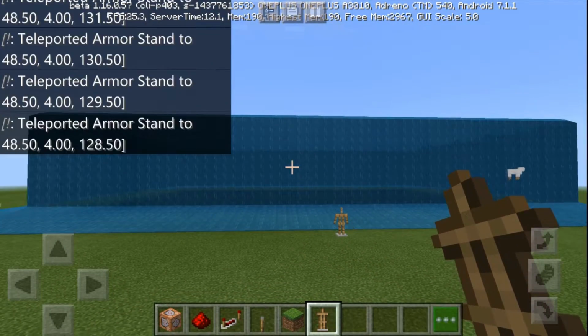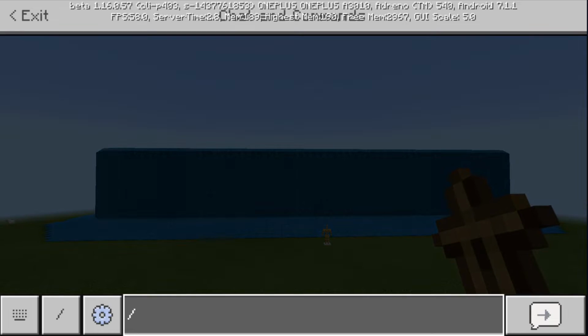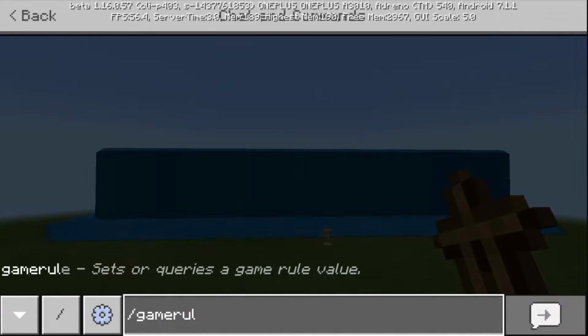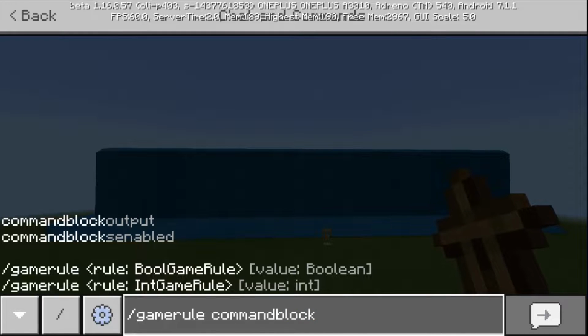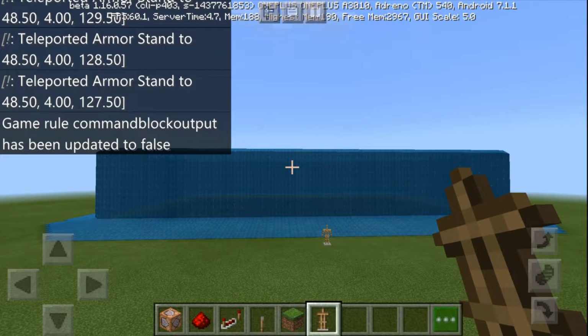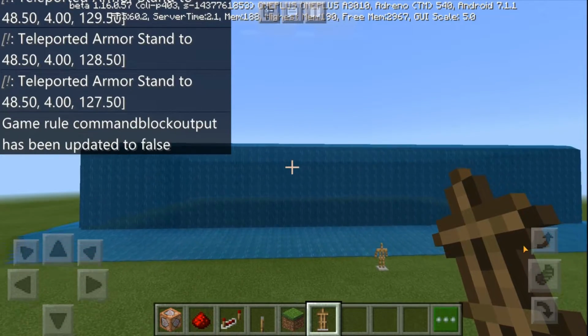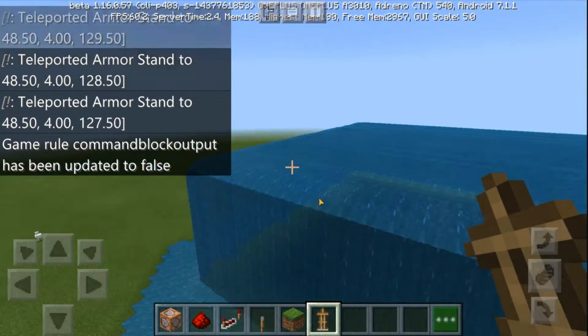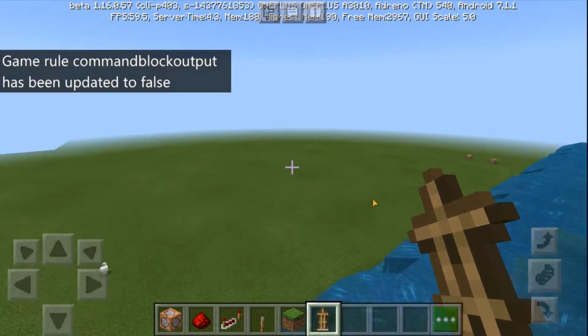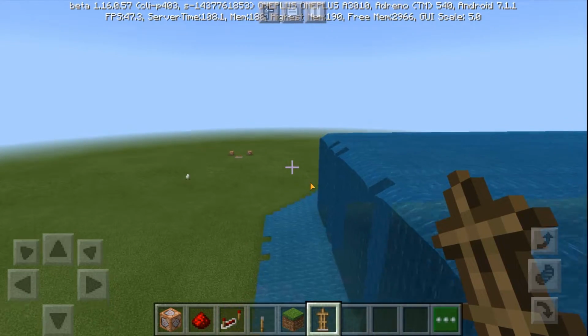Oh, forgot to mention, you actually need to type in this command: gamerule commandblockoutput false. There it is. Okay, yeah, kind of messed it up. Okay, so this is pretty much the way you can create a tsunami, but if you want something like a much bigger range,